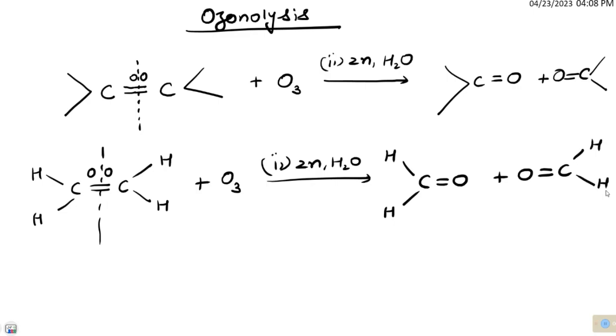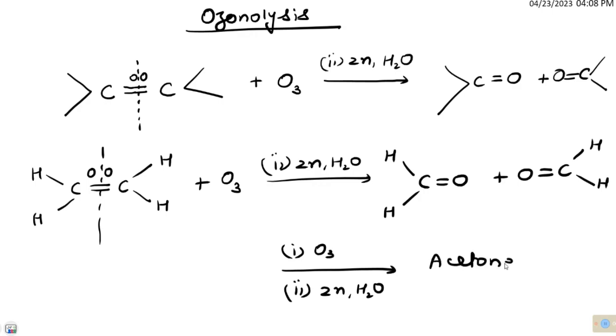Now suppose they ask you the other way around. They ask you which alkene you would take to synthesize, let's say, acetone. Suppose you want to prepare only acetone, which alkene should we take? For that, first you draw the structure of acetone. CH3, C double bond O, CH3, another